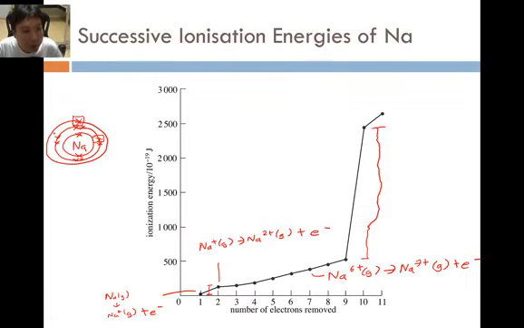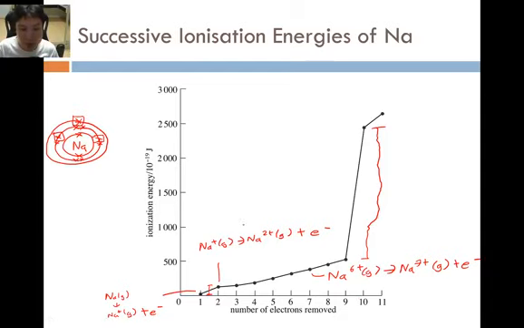The third electron that we're going to remove is actually this electron, right? But notice that this electron is in the same principal quantum shell as the second one, and hence there isn't a very large jump from 2 to 3. So when there's a gentle increase, it means that the successive electrons to be removed are from the same principal quantum shell. Only when there's a large jump will it mean that the next electron is from the inner principal